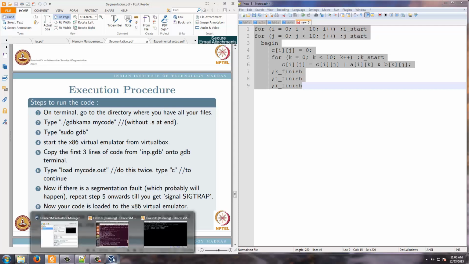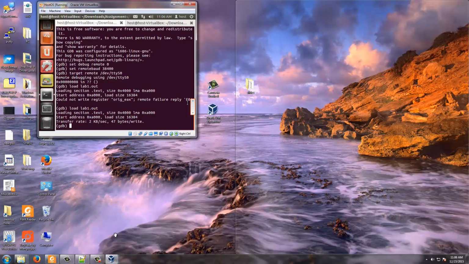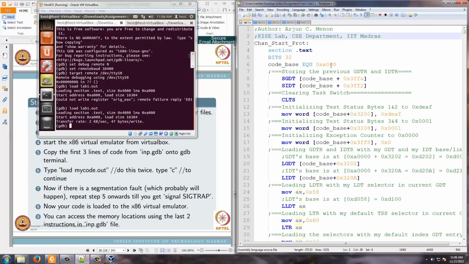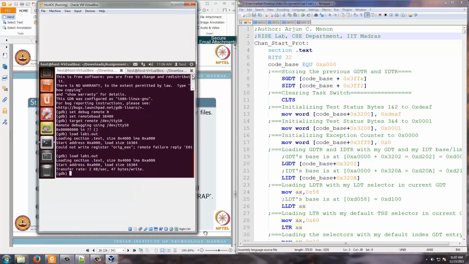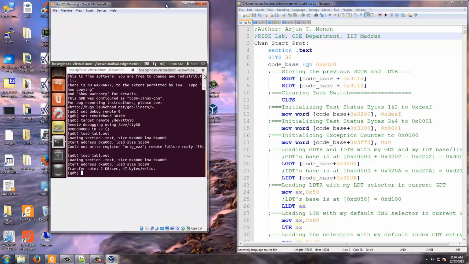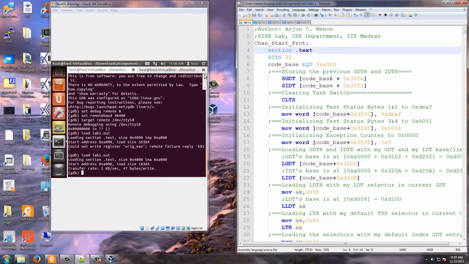Right. With this, let us again go back. Okay, now we have loaded the entire code here. So let us start. If you open lab1.s, what you see on the right hand side is the code.